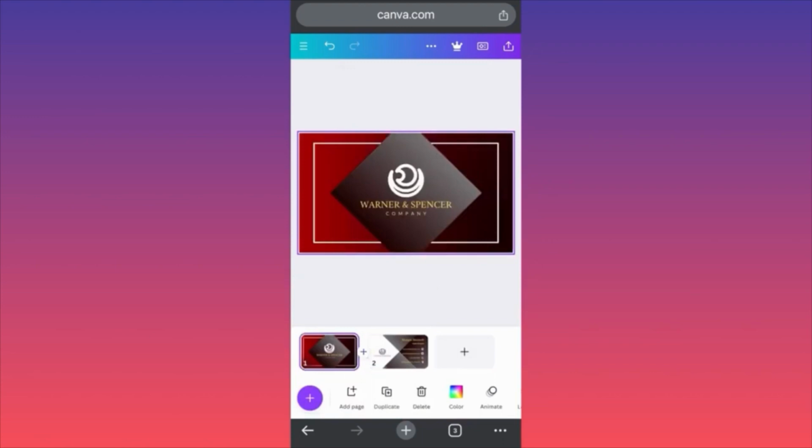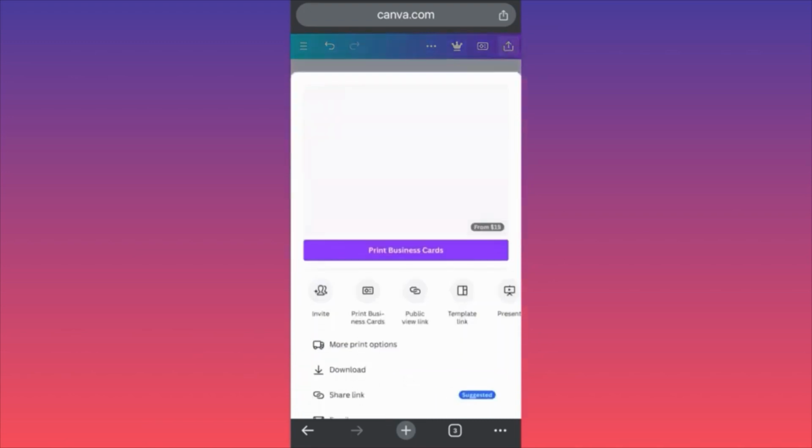So I hope you guys find this helpful. You can spend a lot of time here playing with different fonts. When you're done, all you gotta do is click on the upper right corner over here and then download